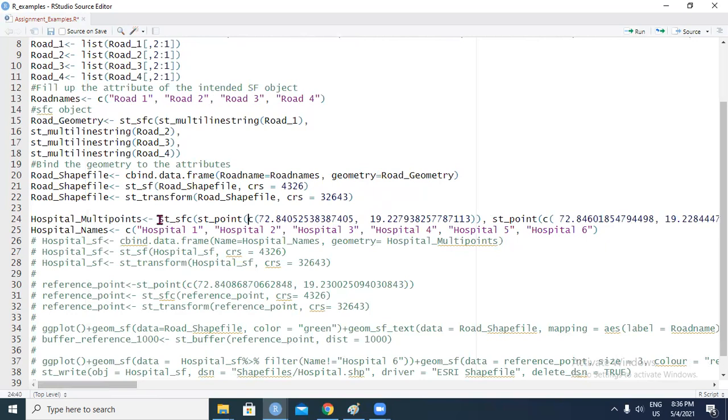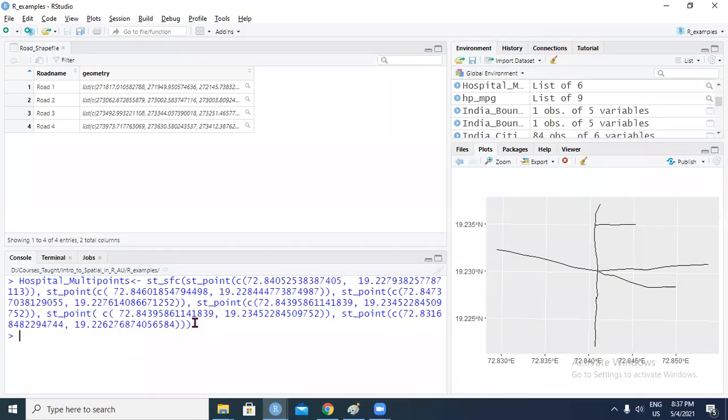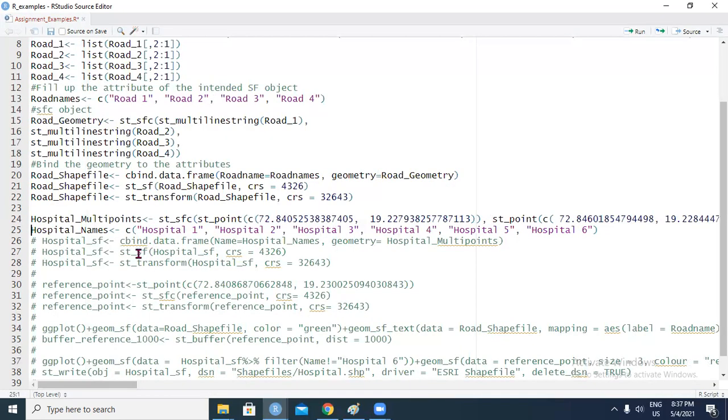Then you store that as a simple features column in this particular variable. So let's do that. So there we are. Of course you can plot them, but we'll do that a little later. And of course we need to run this as well, because that's the attribute information.